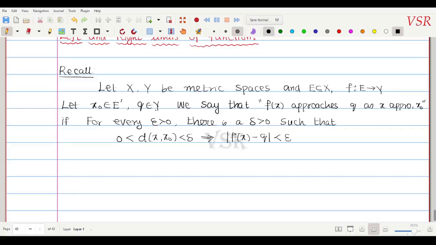So when X and Y are metric spaces, E is a subset of X, and f is a function from E to Y, we say that f of x approaches q as x approaches x naught if this condition holds,